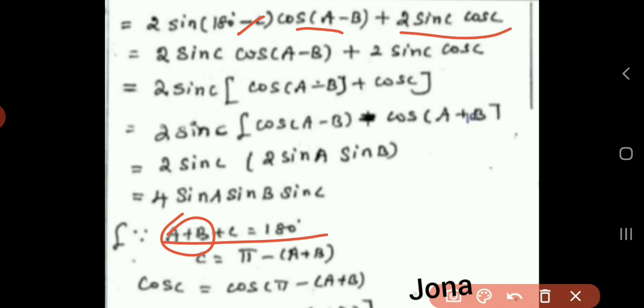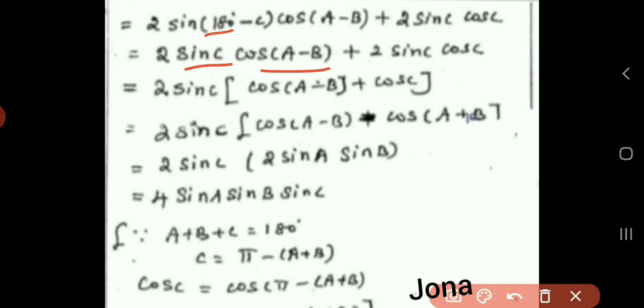And then by the trigonometrical value we have this 180 is nothing but 2 into 90, isn't it? So 2 into 90, 2 is the even number, so keep sign as it is. And then 180 minus c is in the second quadrant. In the second quadrant sine is positive, so we can have sin c here. And then cos of (a minus b) plus 2 sin c cos c as it is, we have to keep it here. From the two terms, we can take 2 sin c as common here. So in the first term we have cos of (a minus b), in the second term we have simply cos c.